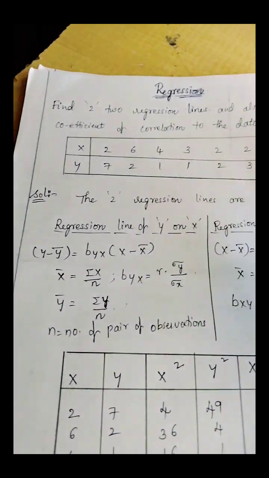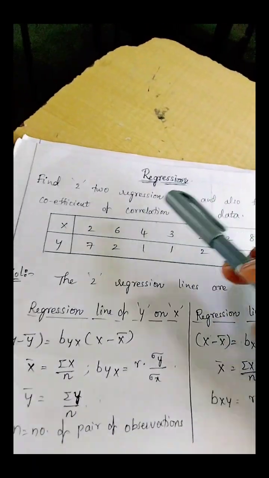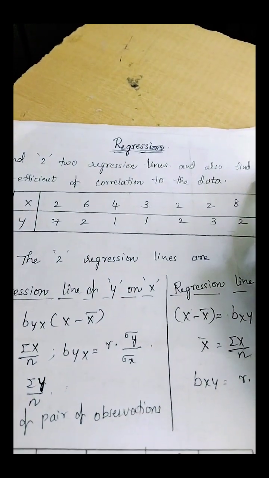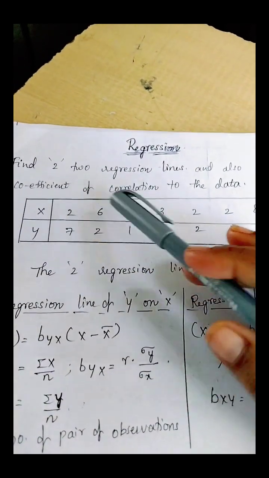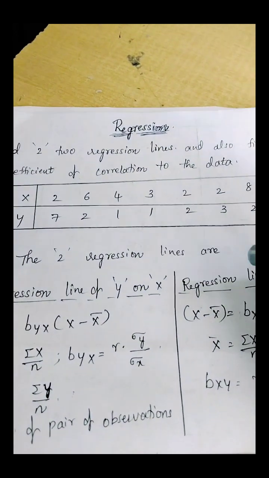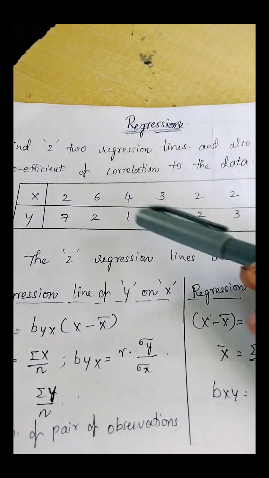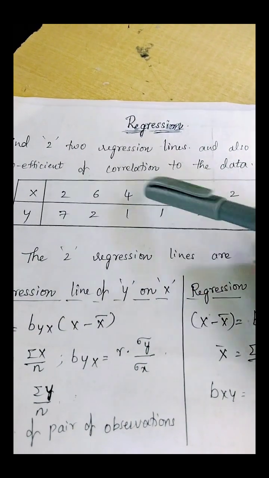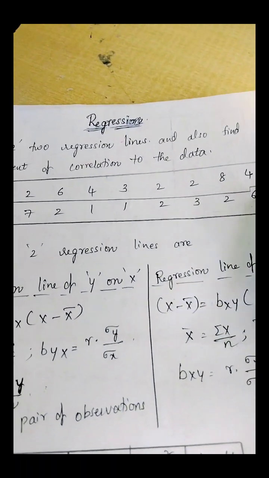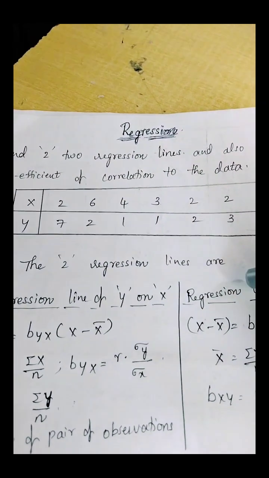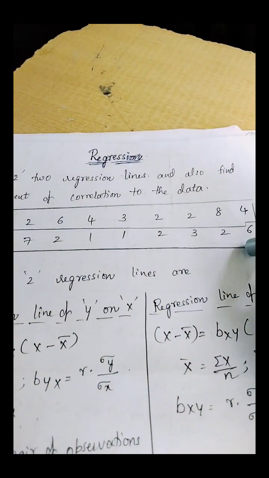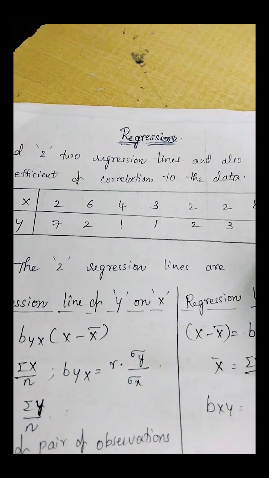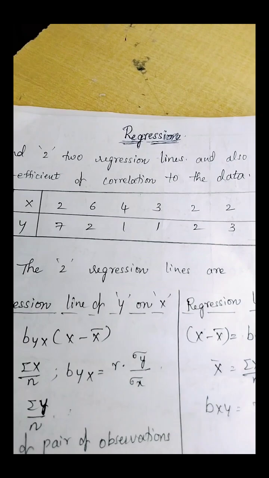In this video, I want to discuss the regression problem, that is, find two regression lines and also find the coefficient of correlation for the data. Here is the data for both x and y, where the values of x are 2, 6, 4, 3, 2, 2, 8, 4, and the values of y are 7, 2, 1, 1, 2, 3, 2, 6. Based on these data of both x and y, we are going to find out two